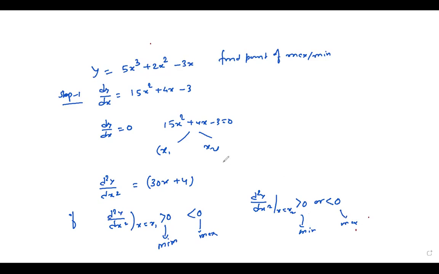Again, I'm just reiterating the entire fact. First of all, you have to find the first derivative and then equate it to 0, because you know the slope at maxima and minima is 0. Now this is a quadratic equation. Then you will find two values of x. You put those values of x in the second derivative and decide the value of d2y by dx square at x equal to x1 and at x equal to x2. If it is positive, then it's a minima. If it is less than 0, it's a maxima. Okay, so let's go back to the slide.